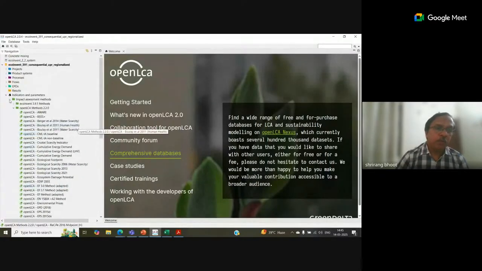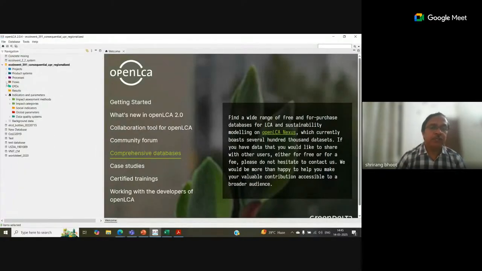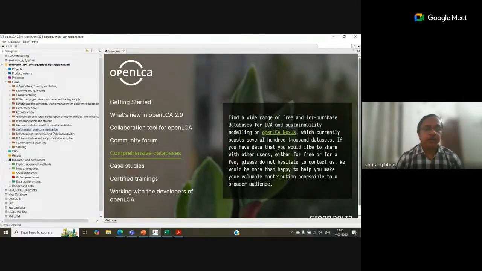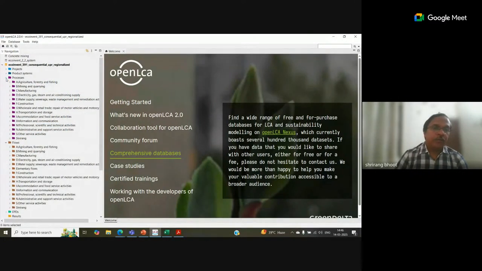So before going into the impact assessment, first we need to create a flow within the product life cycle, and we have to also create a process based on the flow activity. So here I would like to take you through an example.